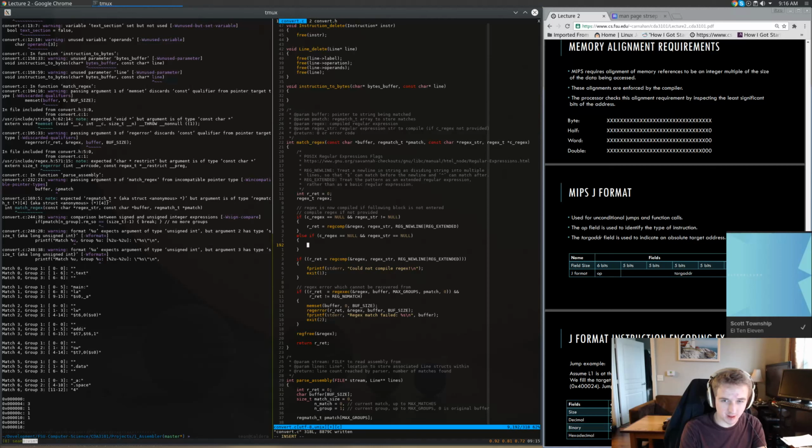Otherwise, I make a copy of the other one. Otherwise, if they didn't pass in a compiled regex and they also didn't pass in a string, that would be return -1. There's return -2, return -3. It really should exit, but